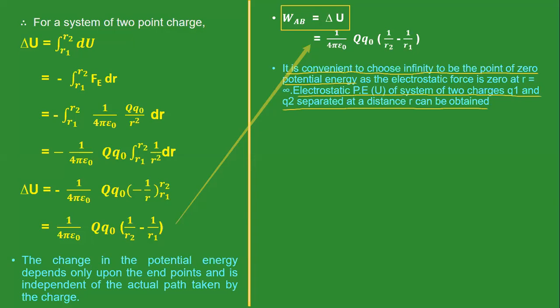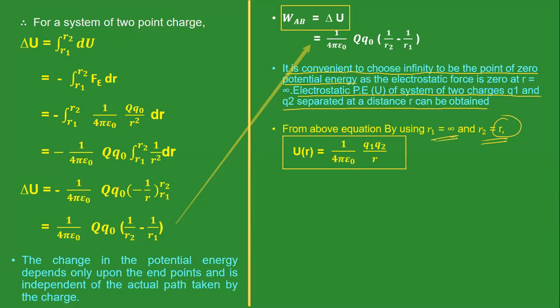Here we can write the electrostatic potential energy between two charges separated by some distance r. So here, for the r1 distance I substitute infinity and r2 is equal to r, the distance between the two charges. Okay? Then we get a formula,